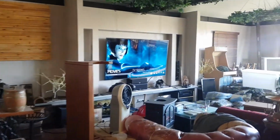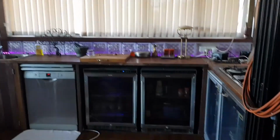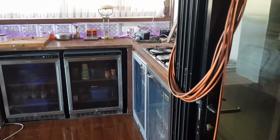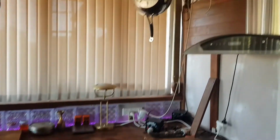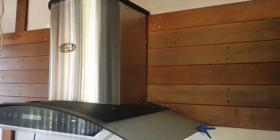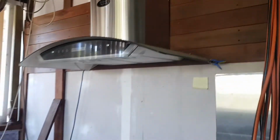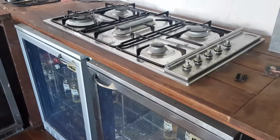But listen, we're not going to spend too much time talking about this deck. Apart from, this is the outdoor kitchen part of it. And everything here I found. Everything I found. That range hood. You can actually see all of this recycled timber. They're just decking boards that people throw out. Everything that you see here came from the dump,